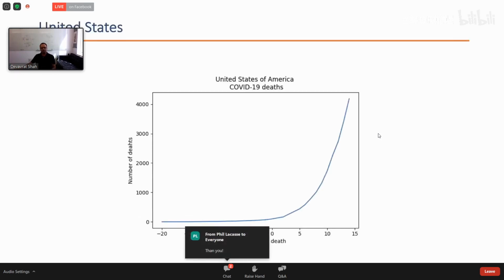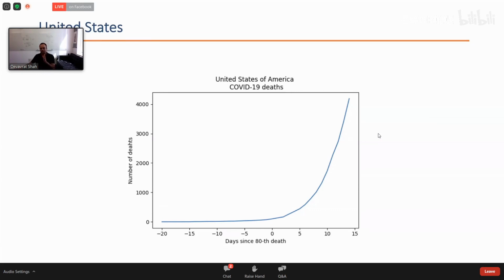What I'm plotting here is the number of deaths in the United States. On the x-axis, I'm plotting days, where 0 indicates the day on which the 80th death was reported. As you can see, after that 80th death report, this is talking about the first 2 weeks of the trajectory of the number of deaths. Again, this is an early part. As we know now, we are getting closer to 200,000 deaths, but this is an early part, and let's focus a little bit at that.